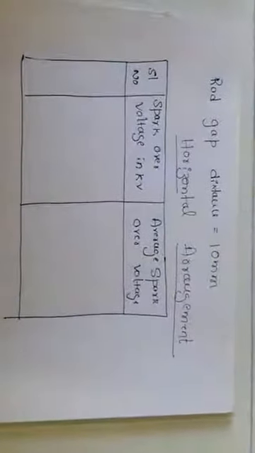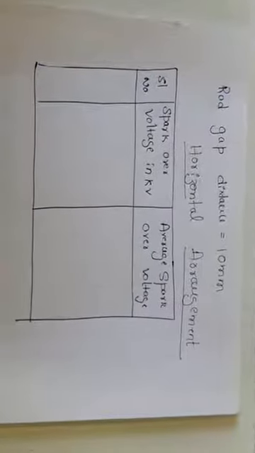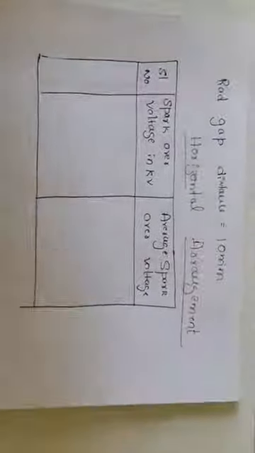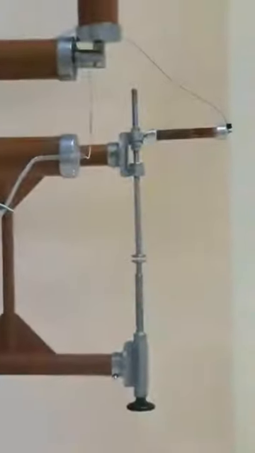As I told you, for the horizontal arrangement we have to adjust the distance manually in the experimental setup only. Now you can observe the horizontal arrangement where the supply from the HVAC is connected to the water resistor and that is going into the horizontal arrangement, that is the flat metal